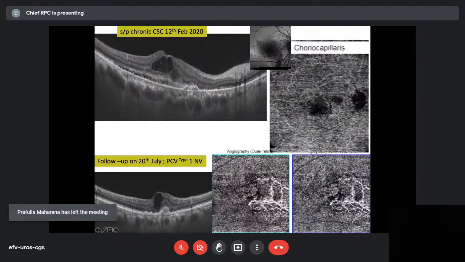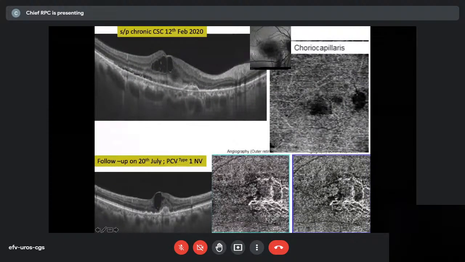The multimodality imaging in 2020 showed us that this patient probably had CSC, with a lot of chronic CSC with fluid tracks. But when he came in for follow-up on the 20th of July, February to July, he developed the same elevation, the PD which was there. He developed a huge membrane. So he actually moved from CSC, the other end of the spectrum of pachychoroid disease. Pachychoroid disease has CSC, and the other end is pachychoroid choroidal vasculopathy, and he has developed a neovascular membrane.